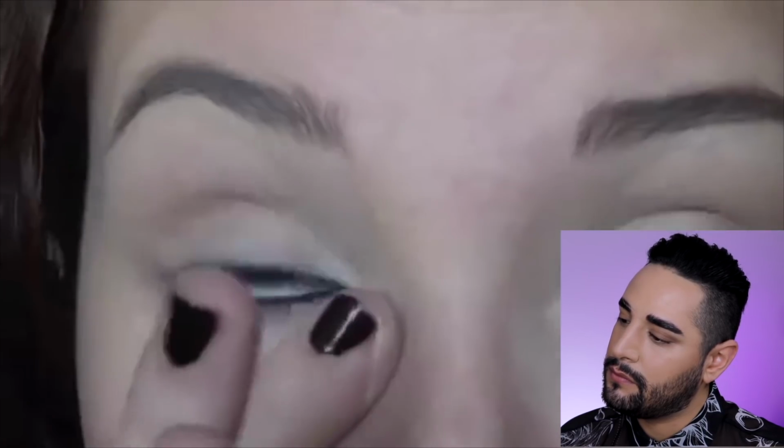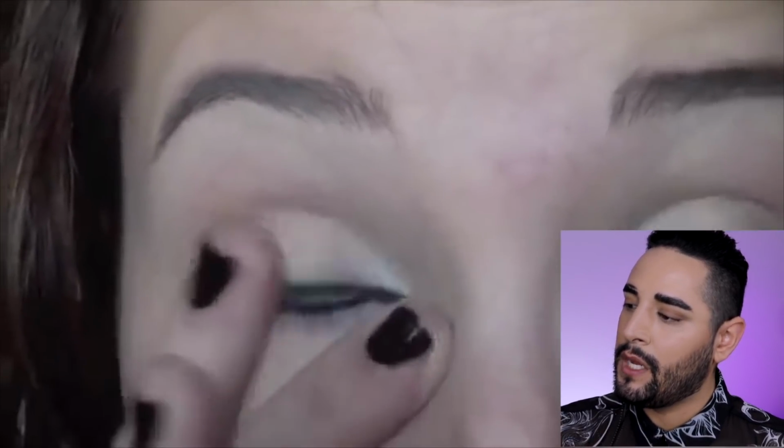Now I'm taking that same concealer that I used before in shade NW15, and I'm spreading it under my eye area. And I'm doing a V shape down my nose to the outer corner of my eye. And I'm using this in a lighter color because that V shape is really going to give a pretty highlight once we get that bronzer on our cheekbones. And just continue to blend into a...